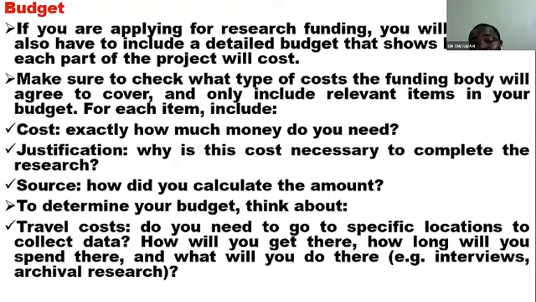They cannot be telling you that they have 3 million naira and you are bringing a bill of 10 million naira. If you put a bill of 10 million naira, you must also state in your budget how you are going to get the remaining 7 million naira expressly. Then justification: why is this cost necessary to complete the research? You must be able to tell us. Then source: how did you calculate the amount? So it must be in the form of a BEME or bill of quantity